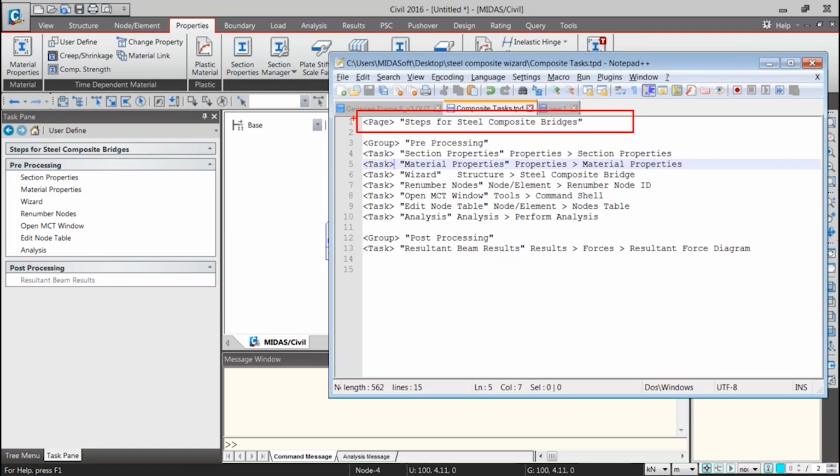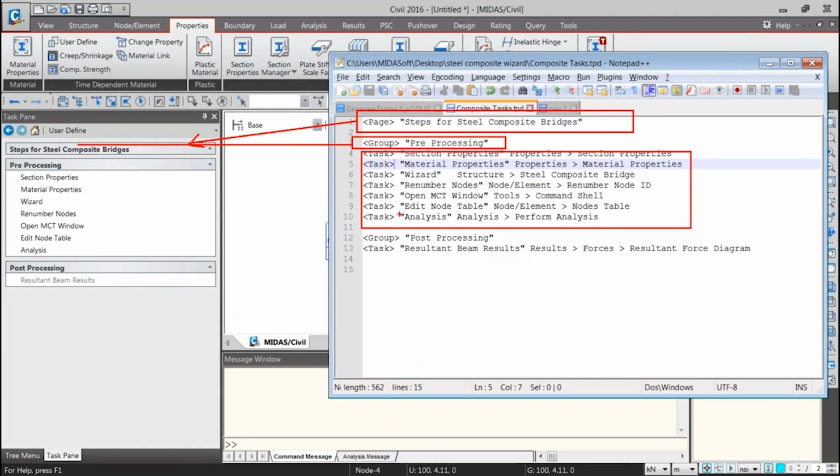So this created the title, this created the group title. All these things created these tasks, and similarly post processing things.